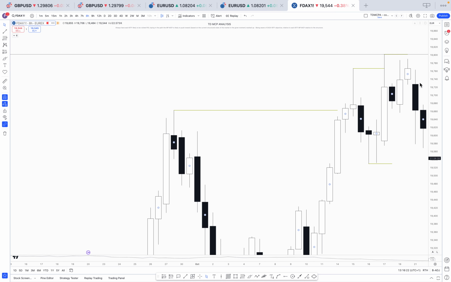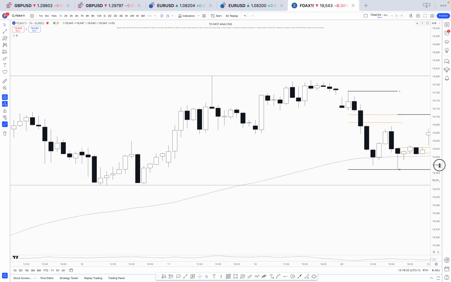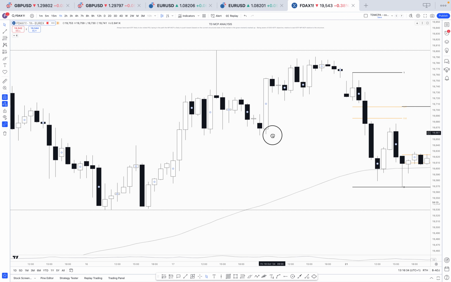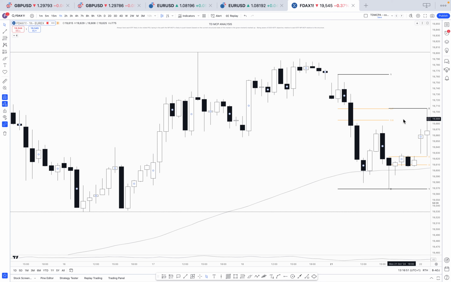So to be fair, with this push set up the way it is, it still looks like it's going to keep pushing, especially when you've got the daily set up the way it is. So to be fair, I wouldn't have taken this, because I openly admit I wouldn't have taken this, but if I was to look for a setup, it would be something like this. So I would first discern the at-hand push 1 hour to the downside as range, so this high to this low, and I'd wait for a nice 1 hour bar close at this region.